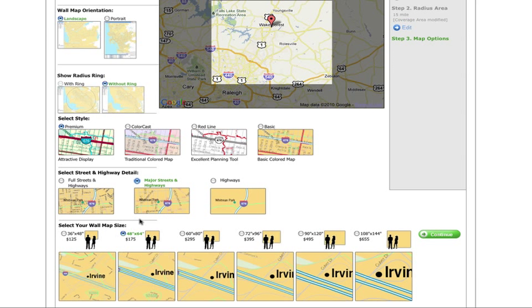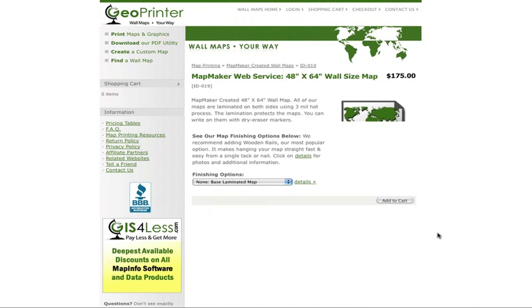One thing, make sure that you've got a good size area on a wall to put your wall map. When we get into the larger sizes, the largest size here is a 9 by 12 foot map, which is very big. So we just want to make sure you're not ordering a map that you are not actually able to use because you can't put it on your wall. If you're happy with your selections that you've made here, you hit Continue,